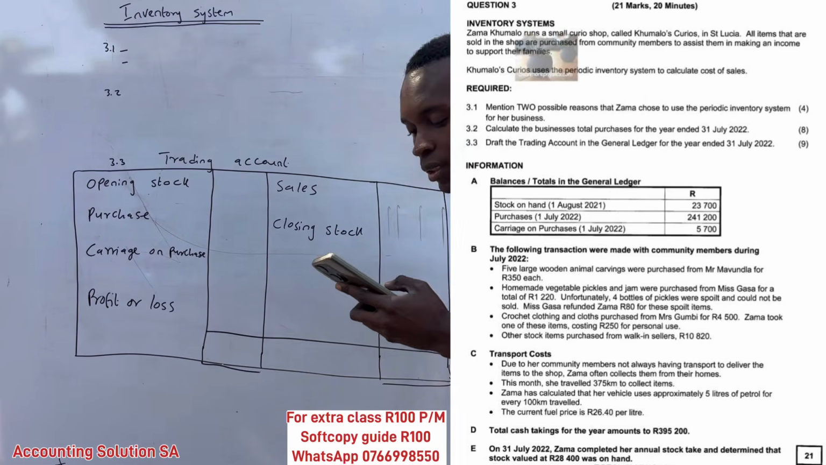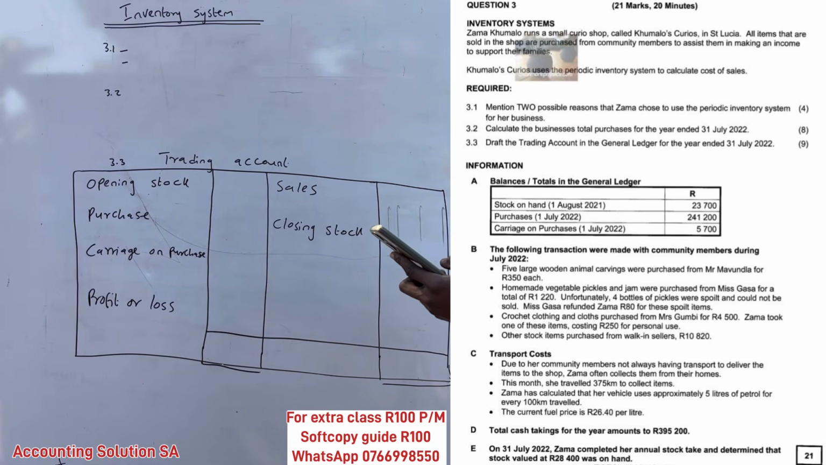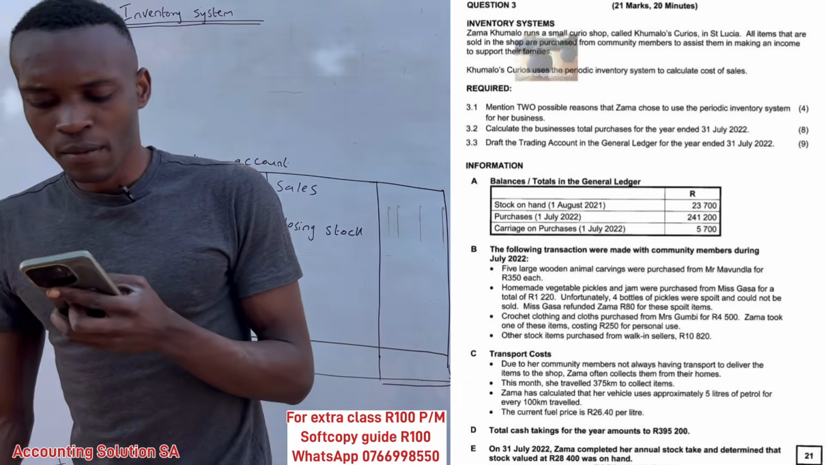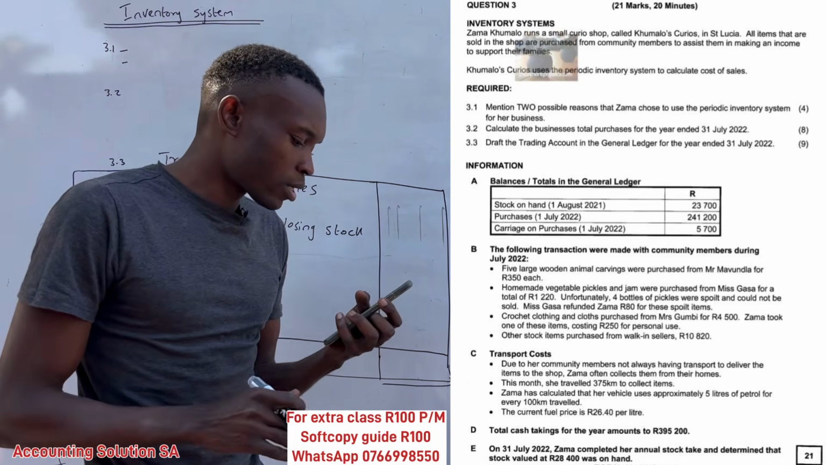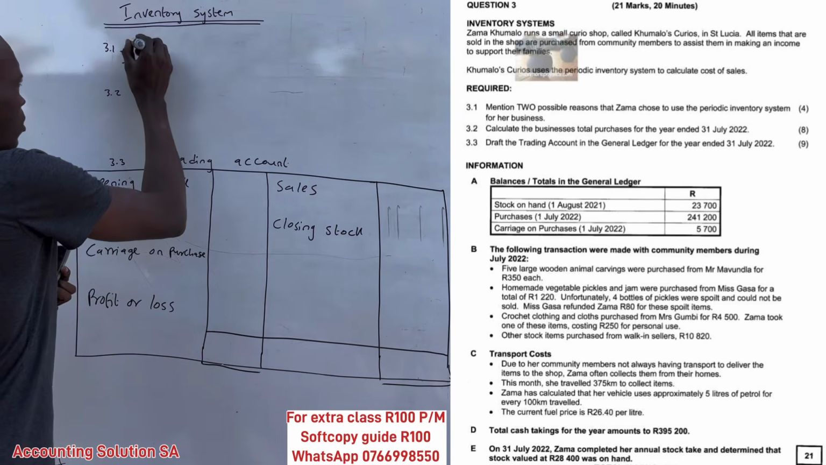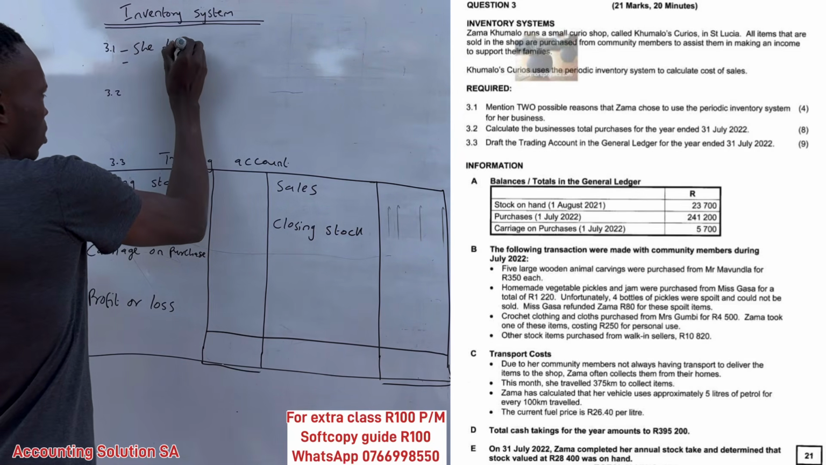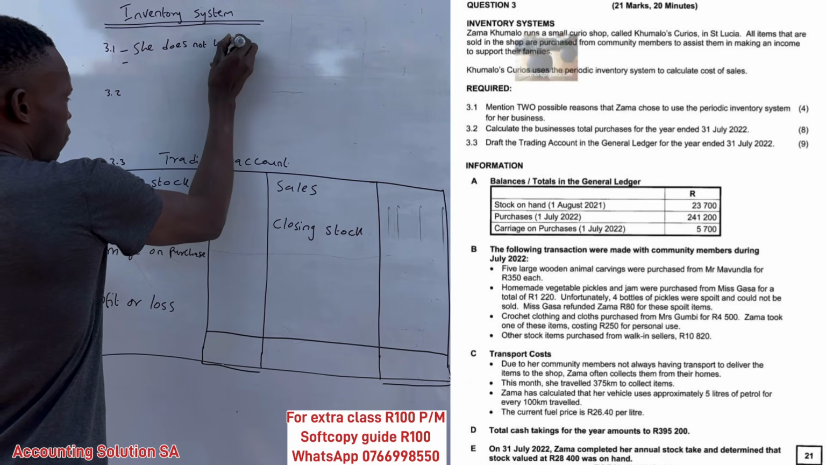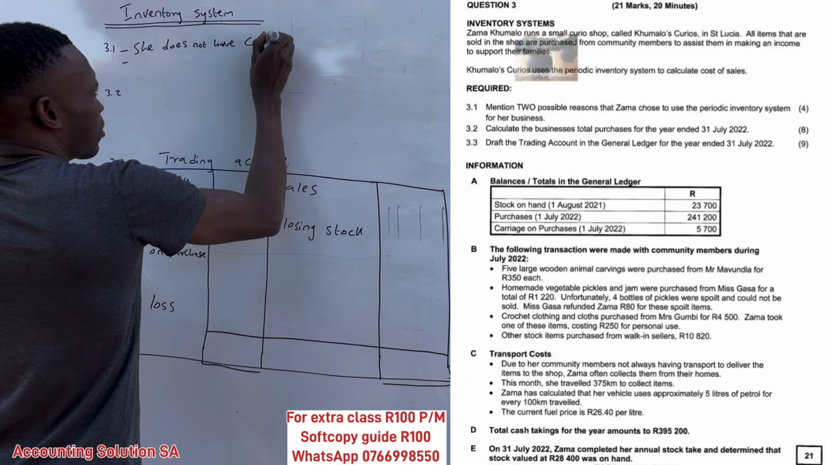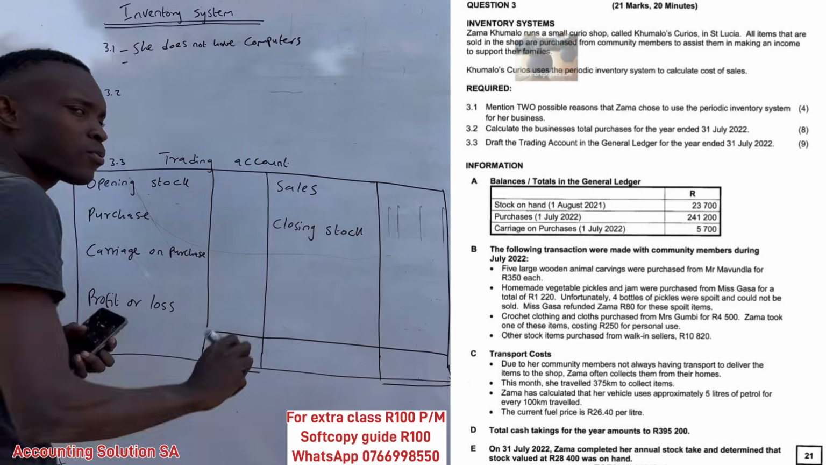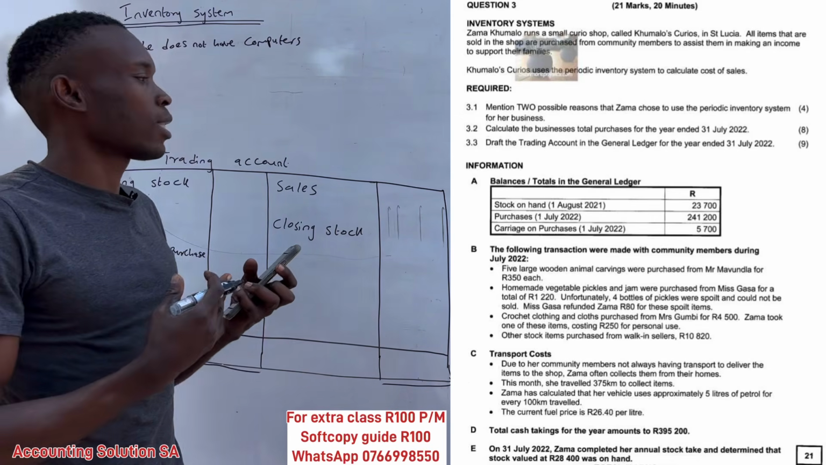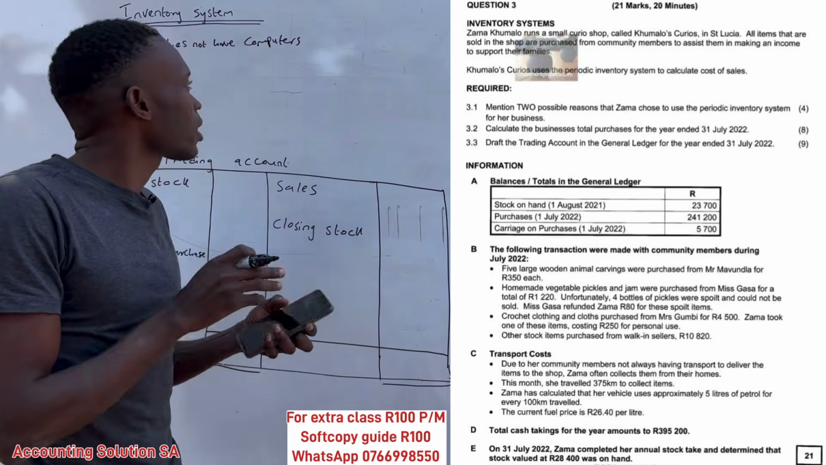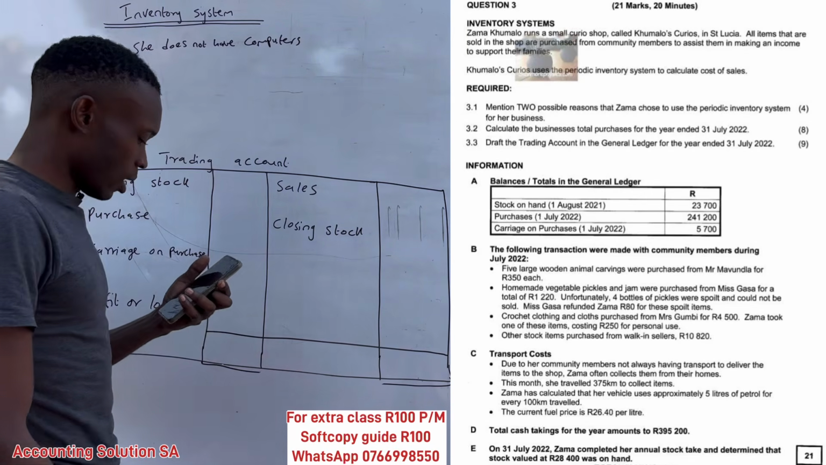Okay, 3.1. Mention 2 possible reasons that Zama chose to use a periodic inventory system. Why did Zama choose periodic, guys, instead of using perpetual? What could be possible reasons? Number 1, she does not have computers. Guys, if you don't have computers, there is no way that you can use perpetual, because you're going to need software that is going to calculate everything automatically. Then reason number 2